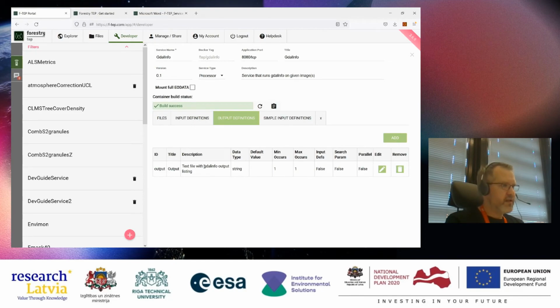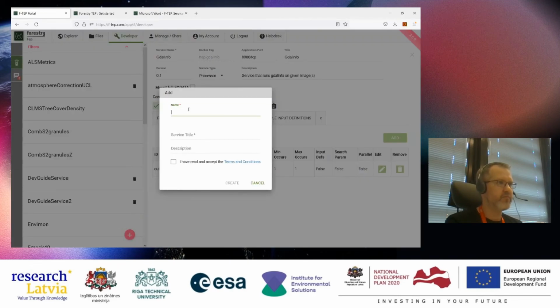But because this time is now quite limited, so okay, when you create a service, you click a plus button here, give a name which should not contain anything but letters and numbers, a title, which is normal text, and a short, I think it was 255 character description.